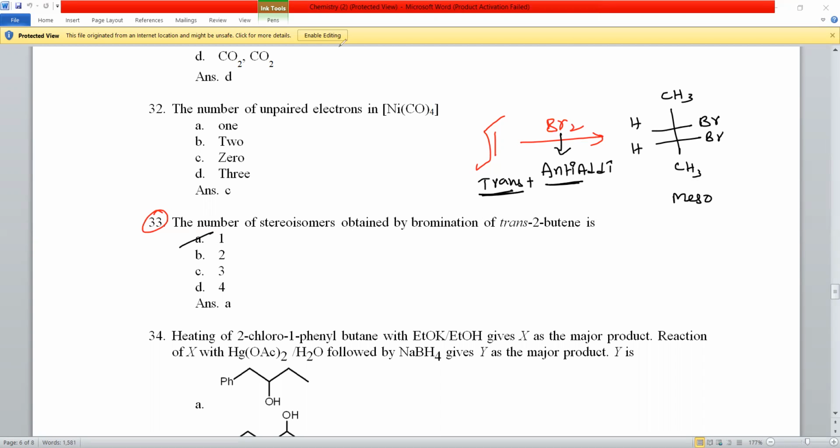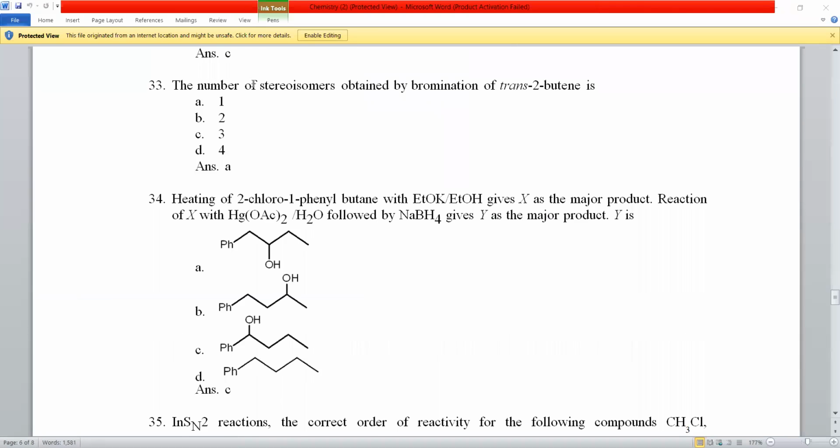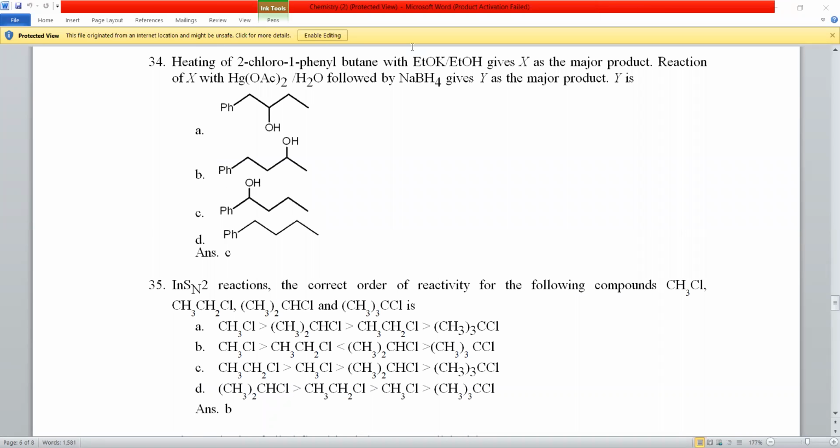So question number 34. The heating of 2-chloro-1-phenyl butane with